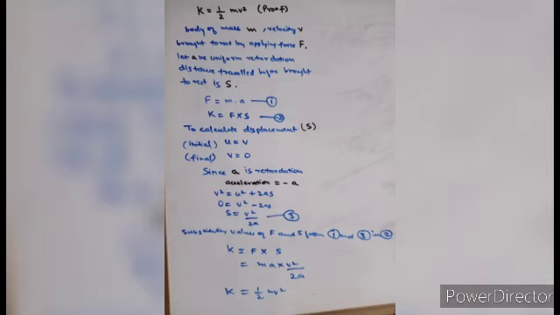If we calculate the displacement S, here u will be v, because initially the velocity was v, and the final velocity is 0 because the body was brought to rest. Since a is retardation, and retardation is always taken as negative, acceleration will be minus a, which makes our equation v square equals u square plus 2as. So 0 equals v square minus 2as, which gives the displacement S equal to v square by 2a. Now putting this value of S and the value of F in equation number 2, you will get ma into v square upon 2a, and this shows that K equals half mv square.